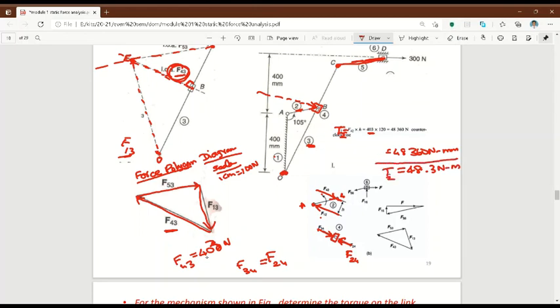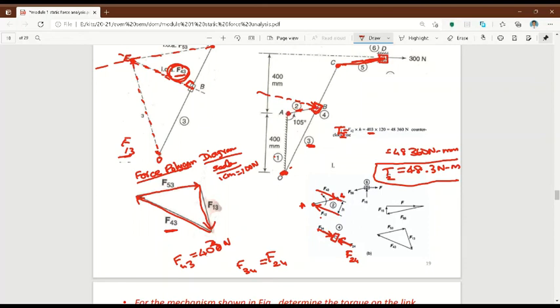That's all. We got the answer. See, this is very simple. Link by link we have to take, and do force analysis. First take the piston and do the force analysis. Then CD, then OC, then piston B, then link AB, and do the force analysis.